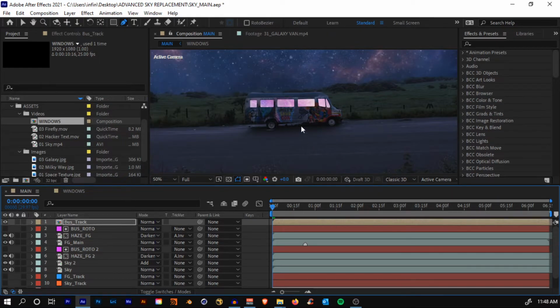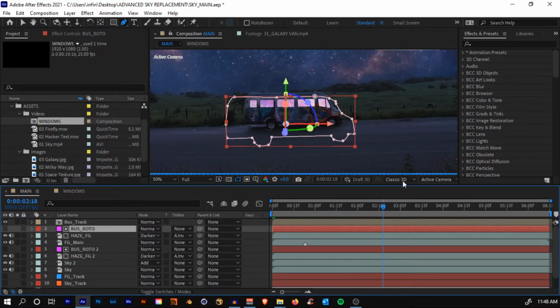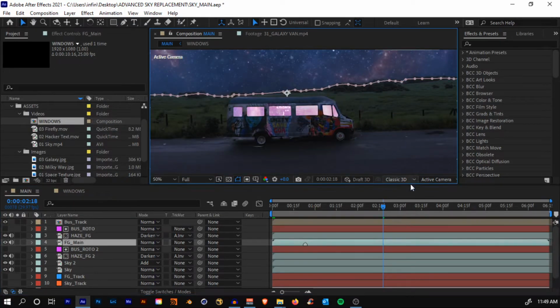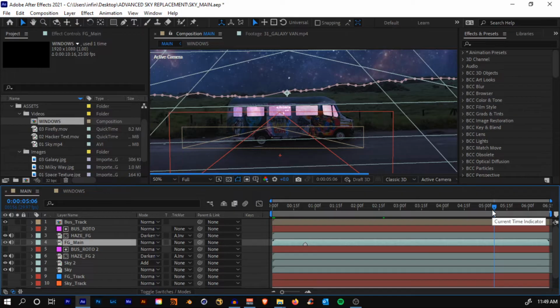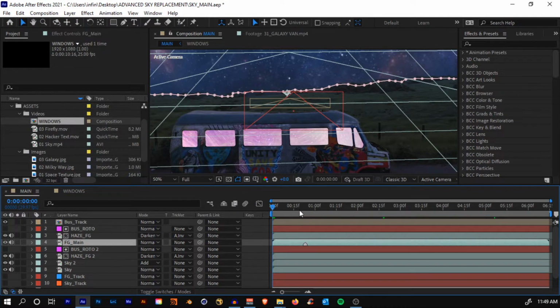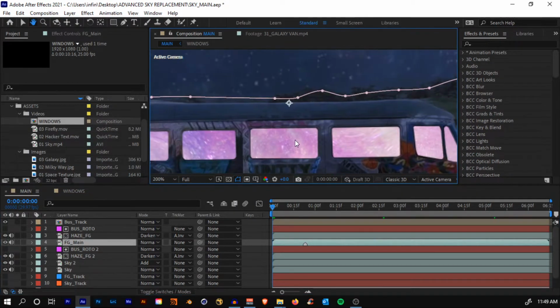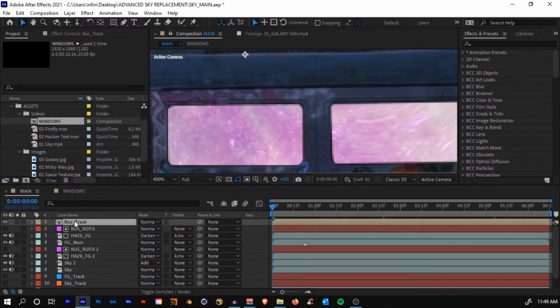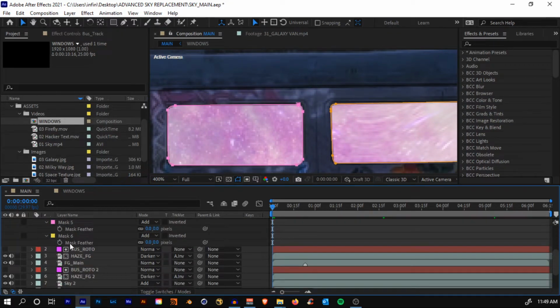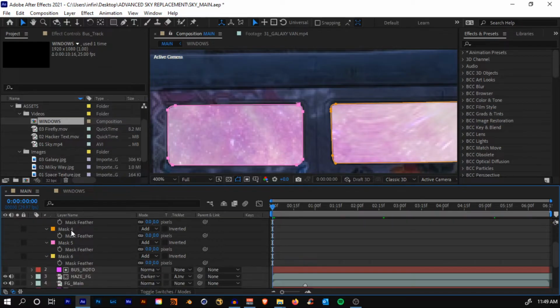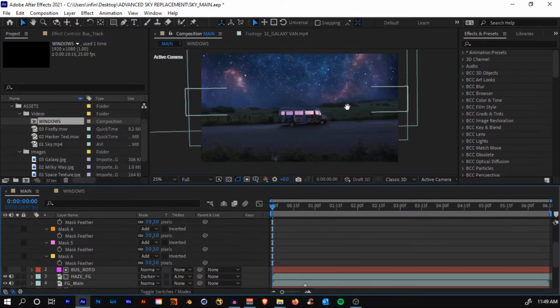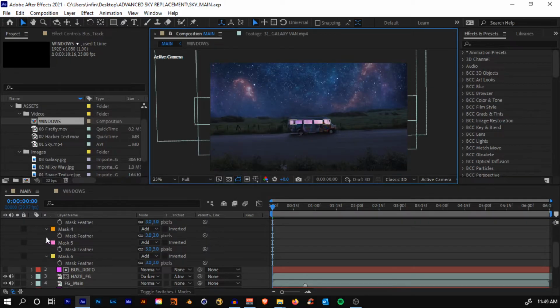You'll see that we have created a window, and if you go ahead, it should be tracked to the scene. Yeah, and what we'll do, we'll just feather these out by a little bit. So hit F on your keyboard, select all the masks, so click on the first layer, hold shift and come to the 6th mask, and just increase the feather to something like 3, so that it's a little bit smooth. Okay, so now we are done with that too.